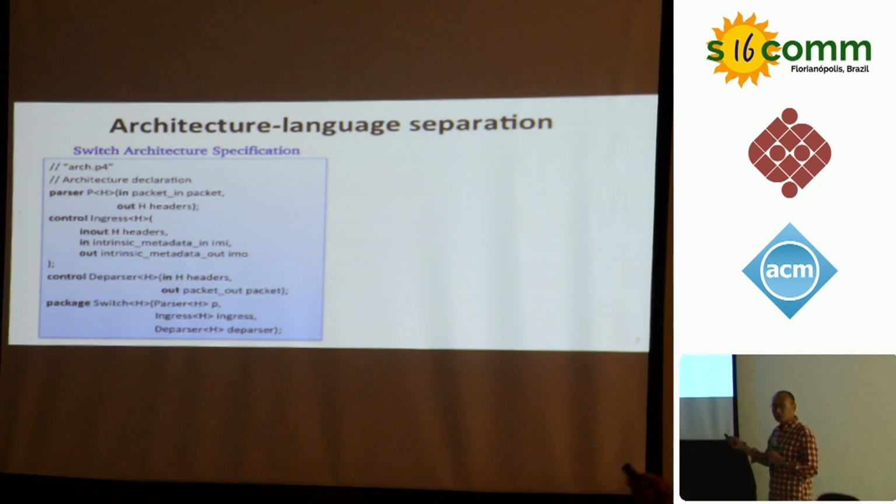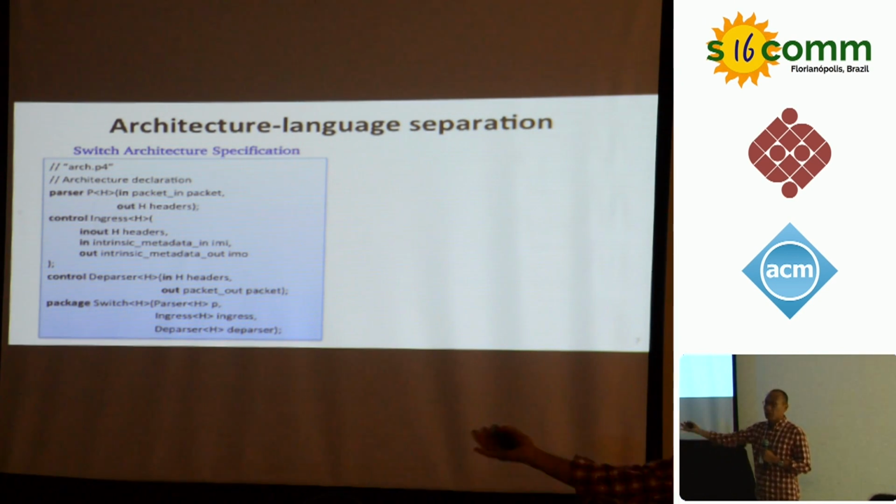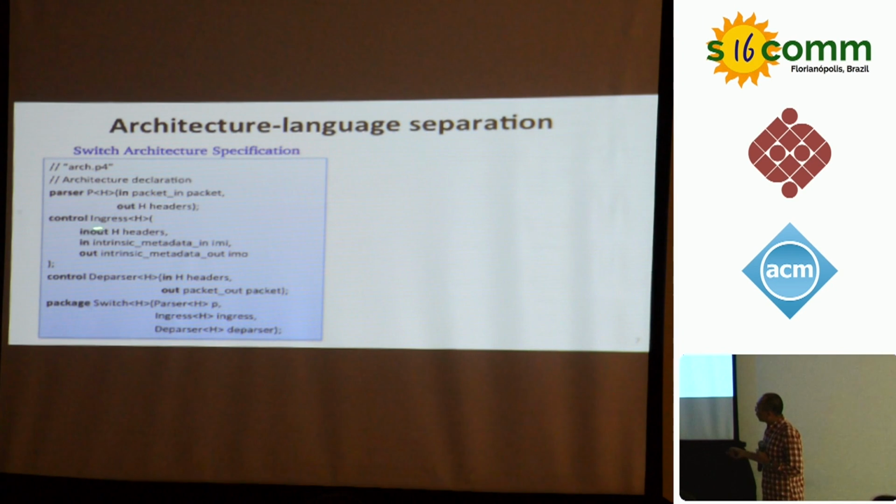So the user of this parser can define their own header sets. And then I also have the ingress match action pipeline, which also takes these headers, the same type or parsed representation, along with some intrinsic metadata that the hardware offers, plus the intrinsic metadata that the hardware can understand. Intrinsic metadata is like control registers in the CPU world. And then I also have one deparser here. By combining these three programmable modules, parser, ingress pipeline, and deparser, I define my own switch. Okay, so that's the rough high-level description of my switch architecture.